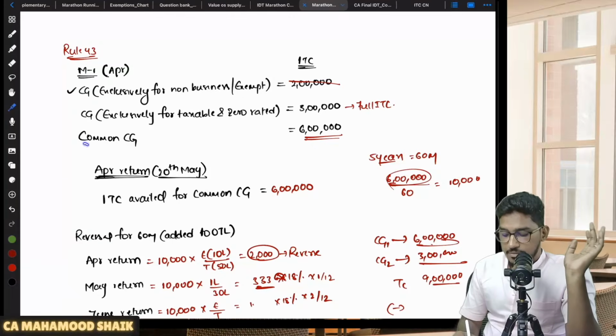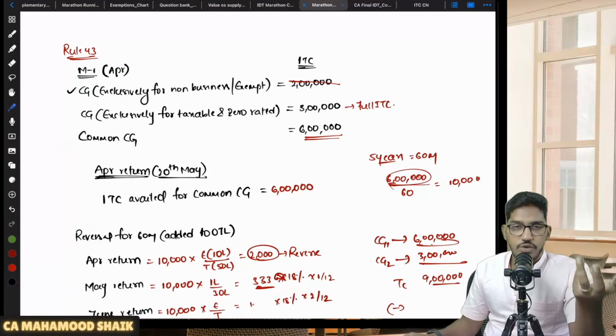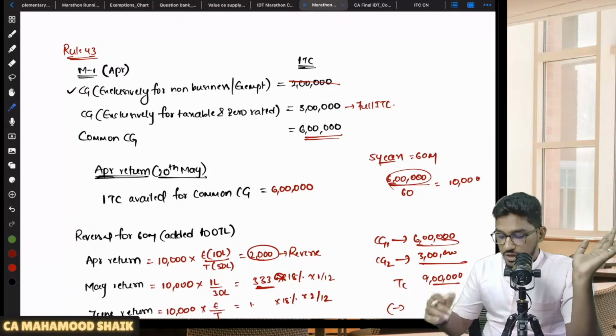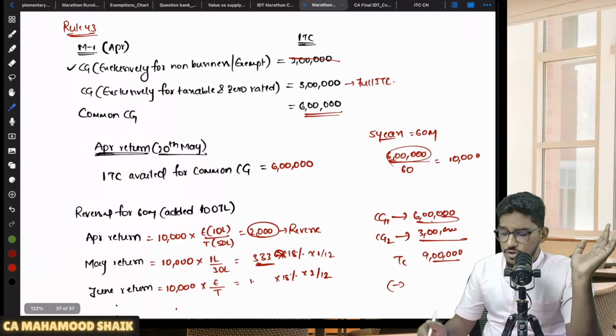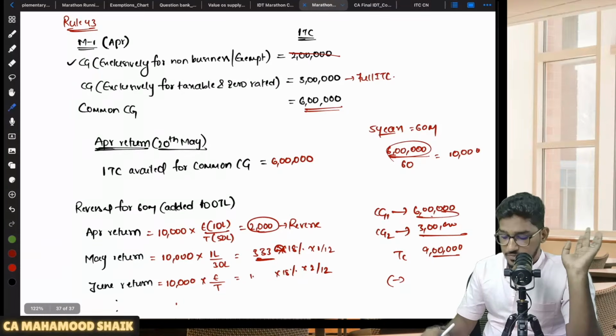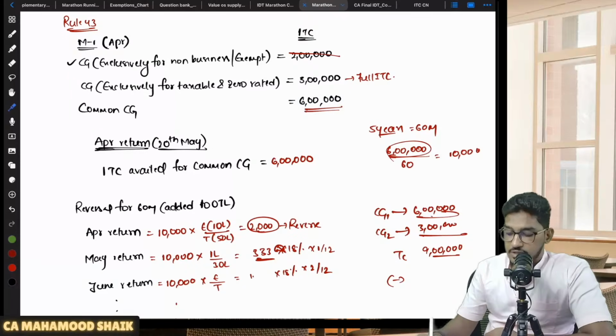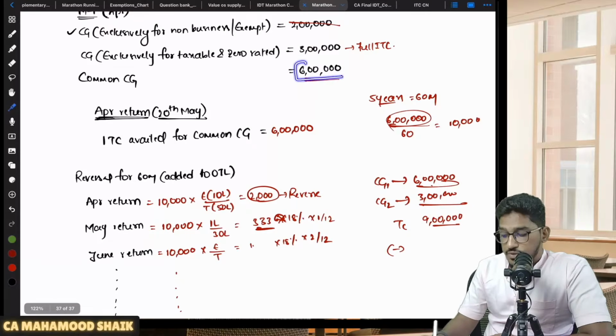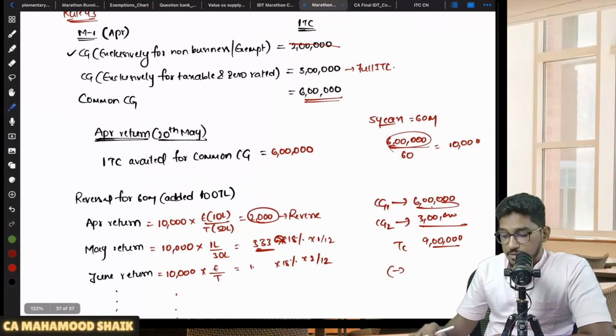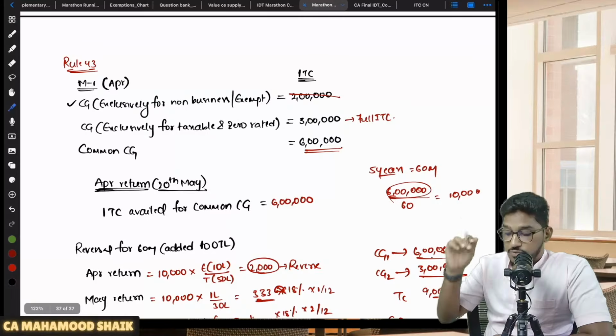Now you will have common capital goods. Sir, what is a common capital good? You are going to use it for business and non-business, for exempt as well as taxable supplies. So what you should do is, first you take the ITC. For this common credit, first you utilize the ITC. But for the useful life of this common capital good, first you will capitalize it, and you will take the ITC also.